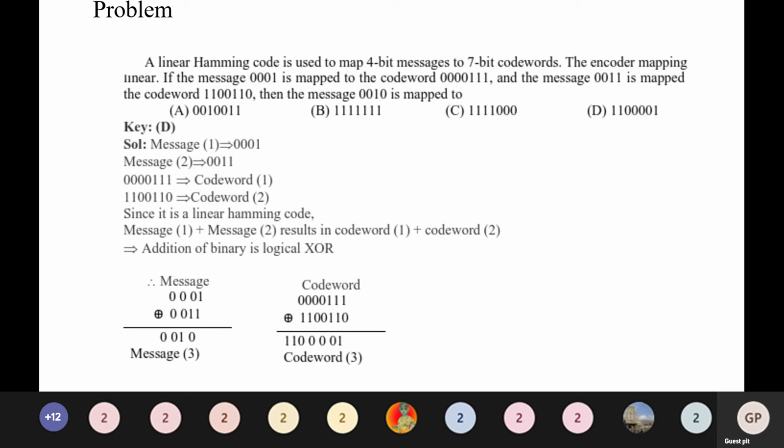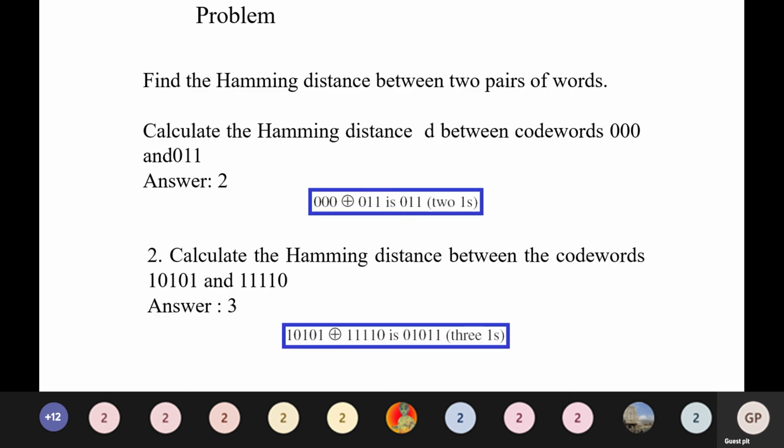Have you seen Hamming distance? We have introduced Hamming weight. Hamming weight is the number of non-zero elements. So just go through it. Then you can expect problems of this particular type. Now next we'll pass on to cyclic codes.